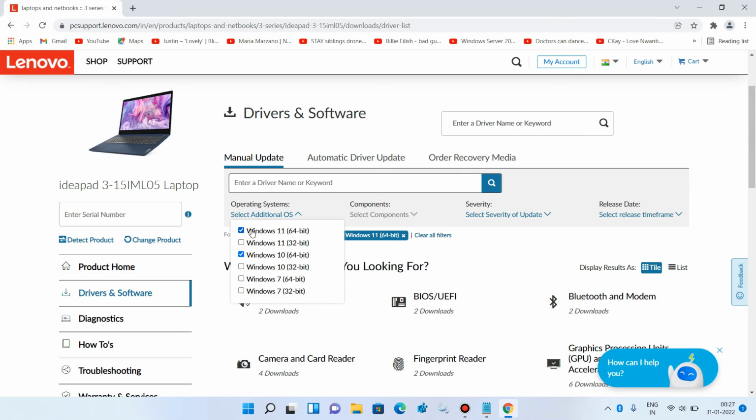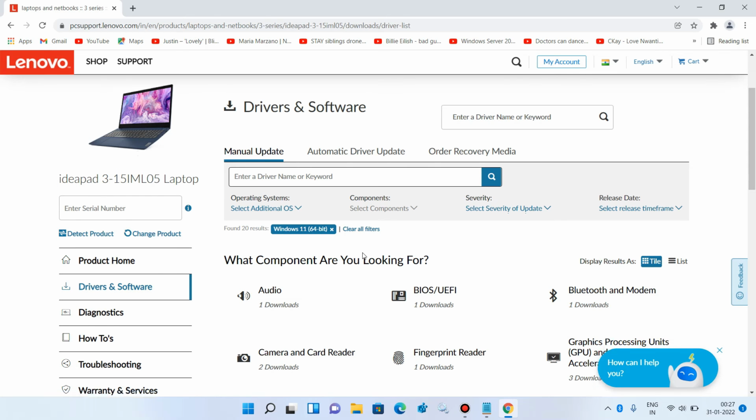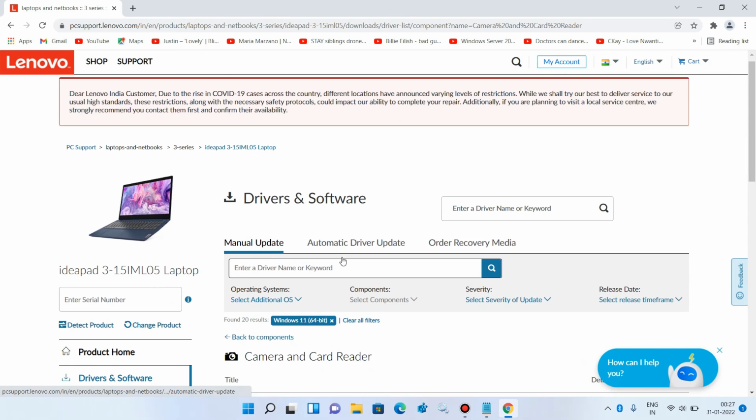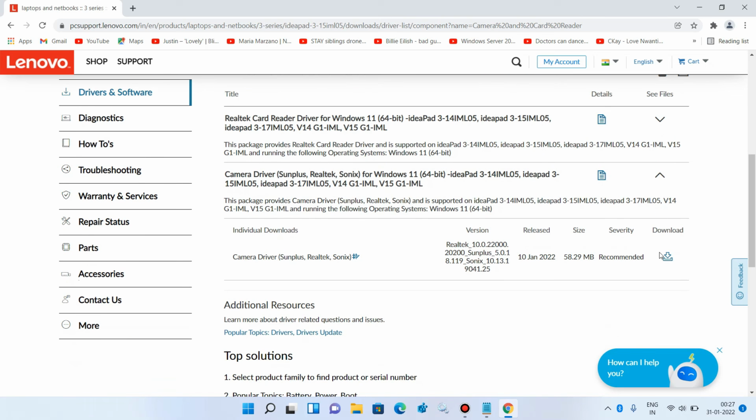So just check it and just uncheck this Windows 10. Now go down and just click on this option camera and card reader. So here is the camera driver that we have to install. Just click on this arrow icon and now just click on the download icon.